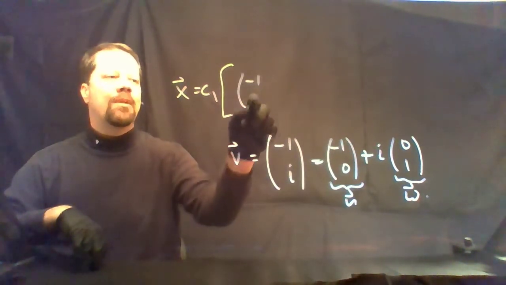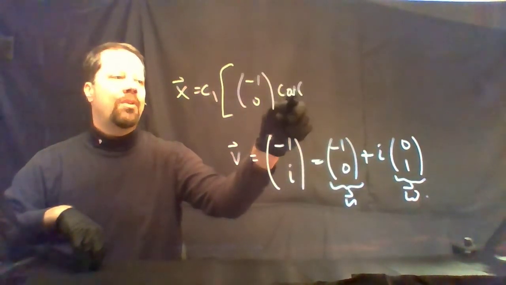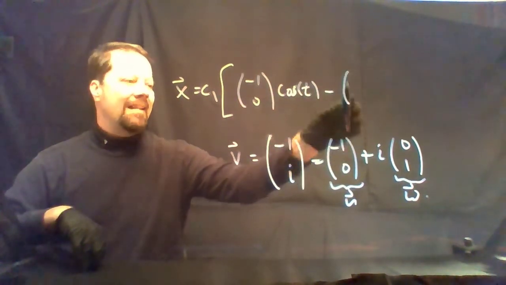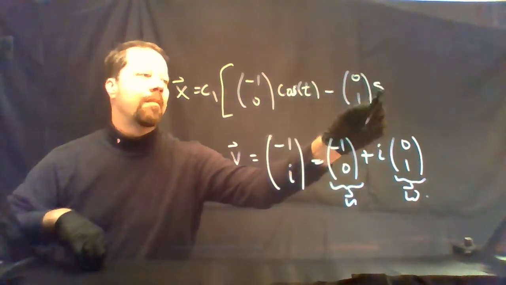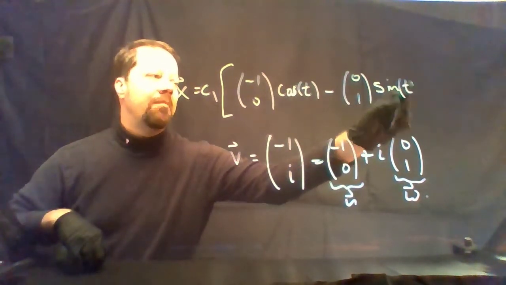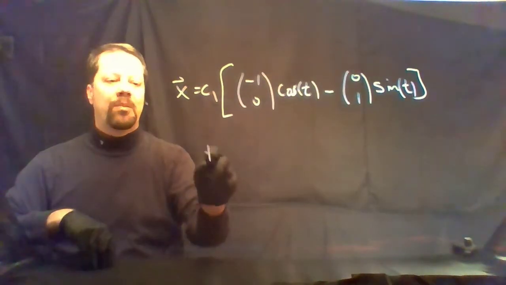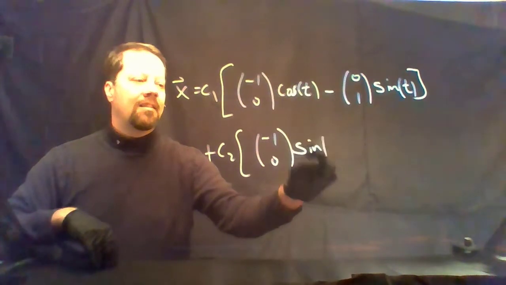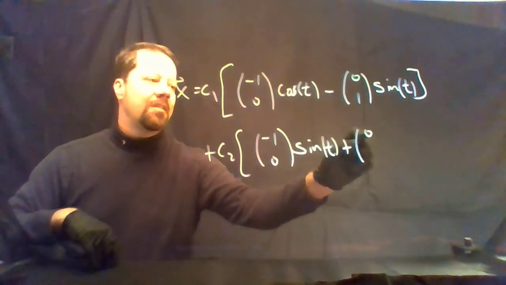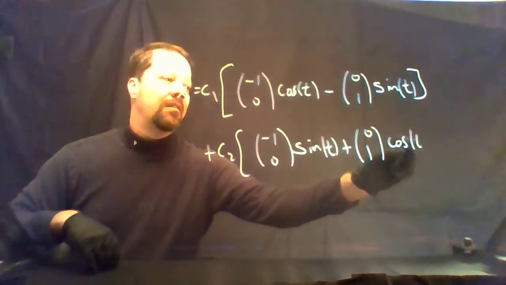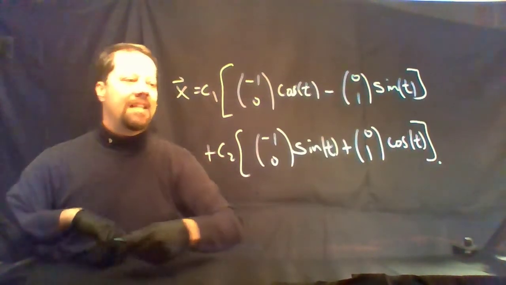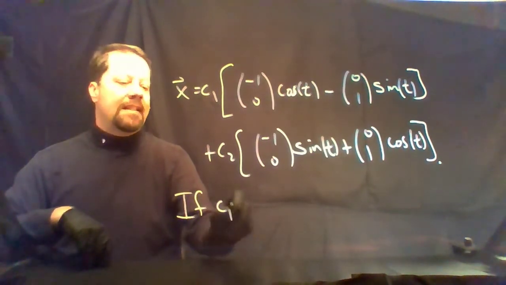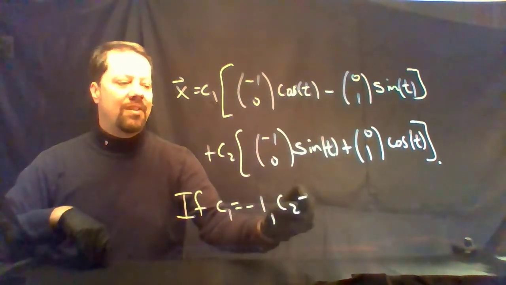u, which is negative 1, 0, times cosine beta t, where beta was 1, minus w sine beta t, plus c2 times negative 1, 0, sine of t plus 0, 1, cosine of t. If we choose c1 to be negative 1 and c2 to be 0,